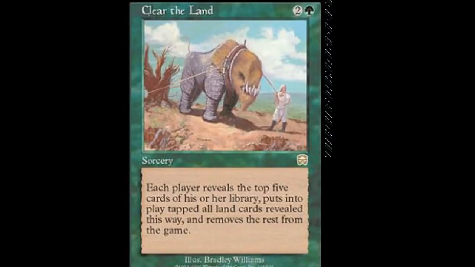Now, I'll be honest, where I have gotten the most joy from Clear the Land is when somebody has tutored wrong, when they'll main phase Vampiric Tutor or Worldly Tutor or whatever, and just leave it there on top of their deck until the entire turn rotates. And I'm like, well, I'll just Clear the Land and exile that. Because,